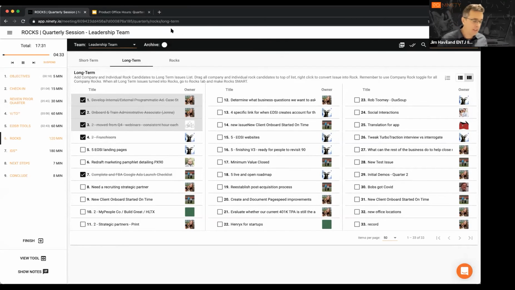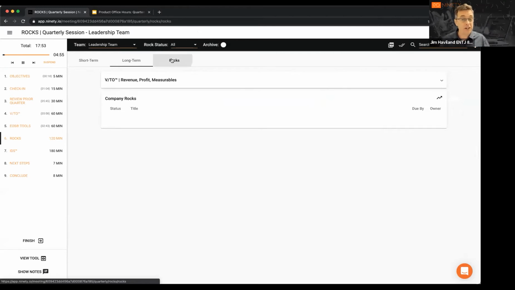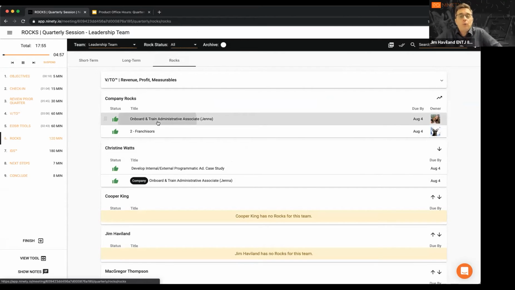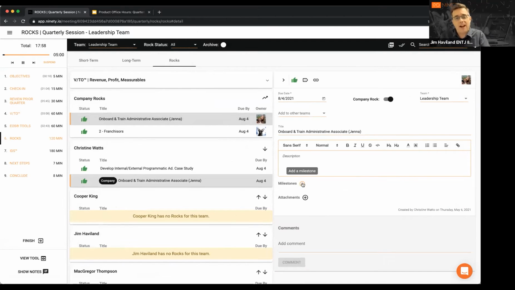So if you own the rock, you've got to figure out what resources you're going to need and create those milestones. I force all of my teams, I say it so much: until you're awesome at rock completion, give yourself 13 milestones, that's one a week for the 90 days. They don't have to be things that you're going to do. Assign things to other people on the team. People want to help you, especially if it's a company or department rock. You should have the whole resources of everyone to help get that rock done.